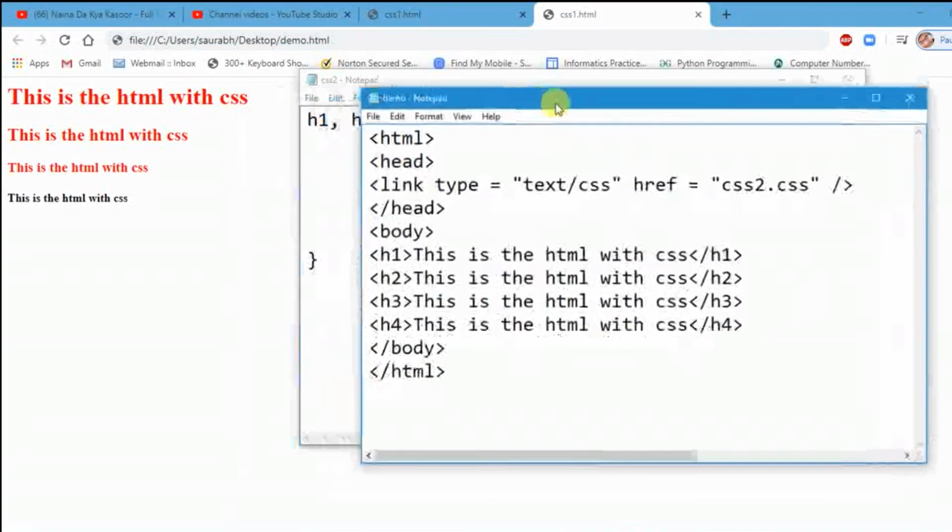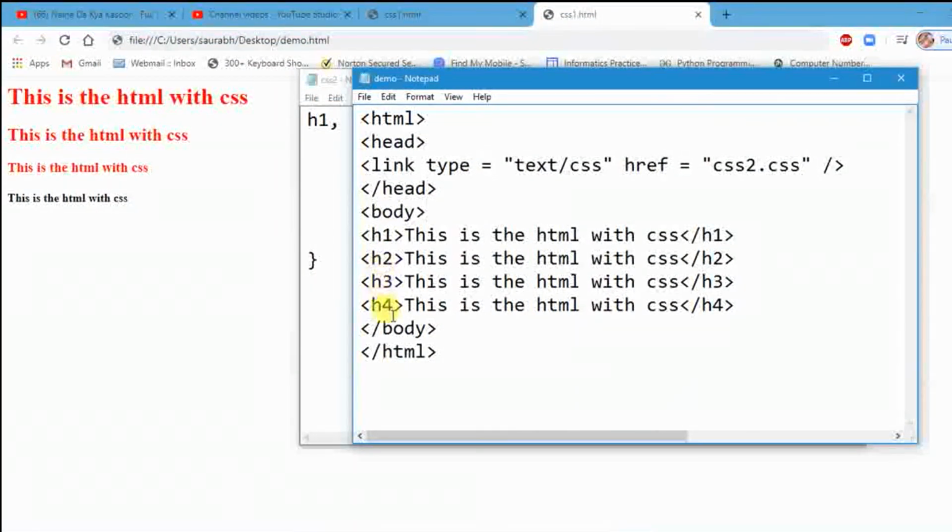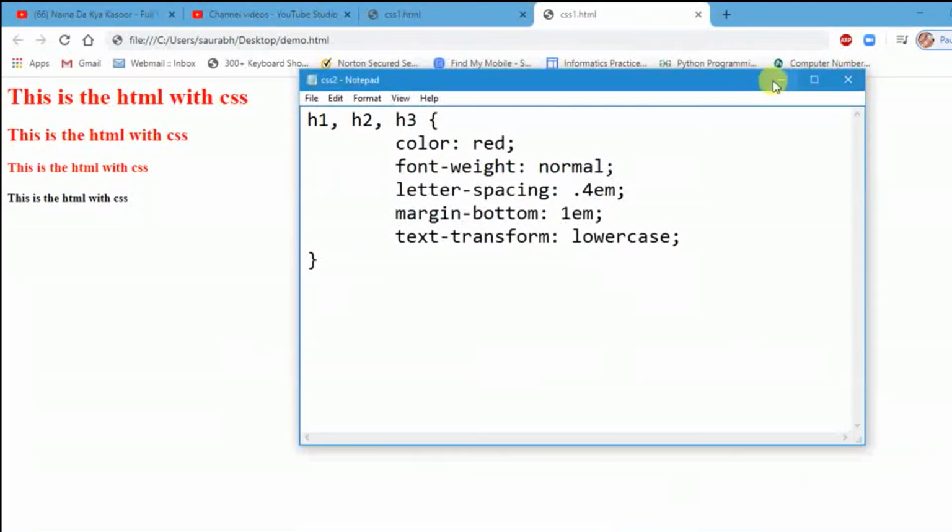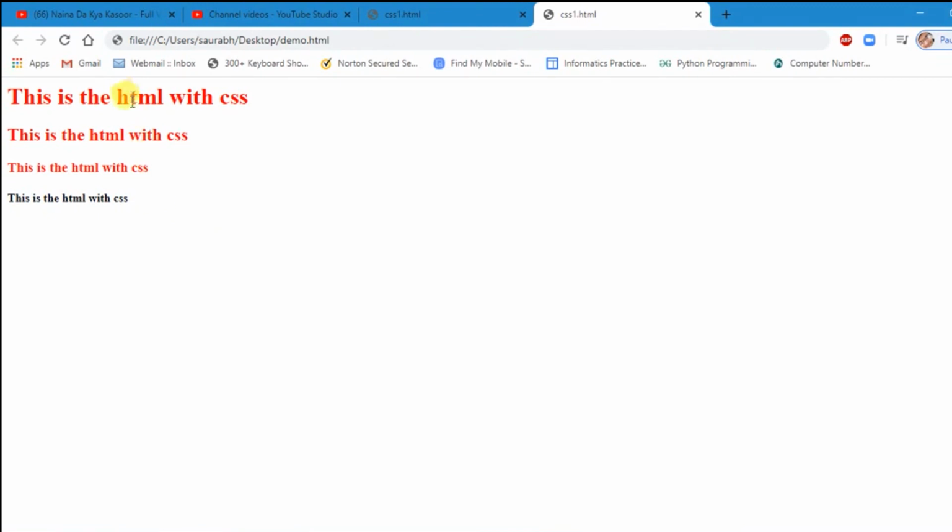So these H1, H2, H3 will display the same type of property, but the H4 tag looks different. So as I run this demo.html page, it is the output where H1, H2, H3 follow the same property, but the H4 does not follow the same property because we did not pass it as the selector.